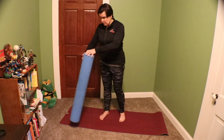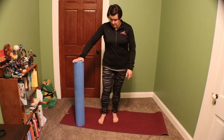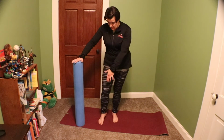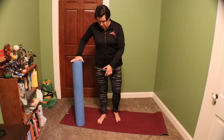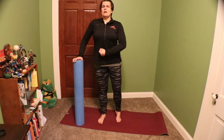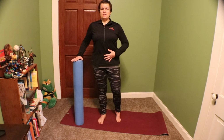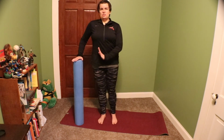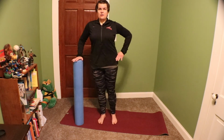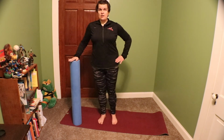All right, move your roller over to the other side if you want to use that for balance. And that same thought pattern that we used before, we've got our weight shifted into the right foot, engaging all those muscles, pulling up, taking the pressure off that knee. Shoulders are back and down, core is engaged. We shift our weight just so slightly to this side of the body. Hand is on that hip to make sure we're not hiking the hip to start with,